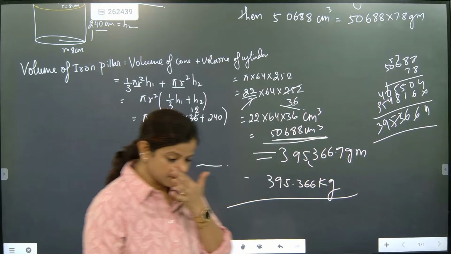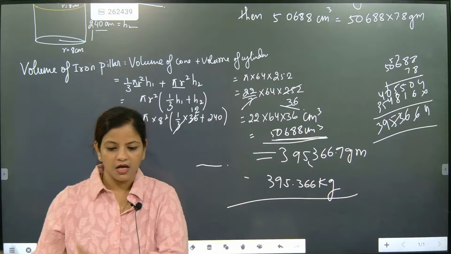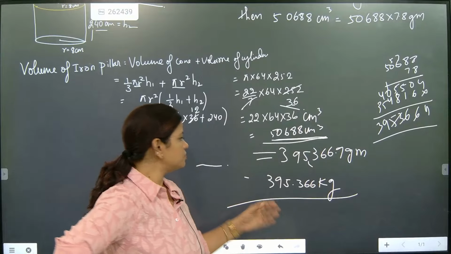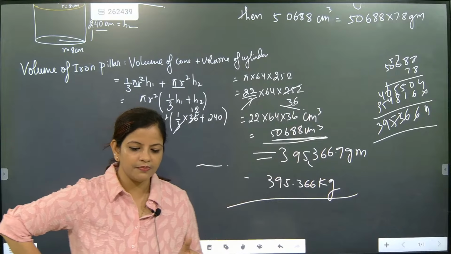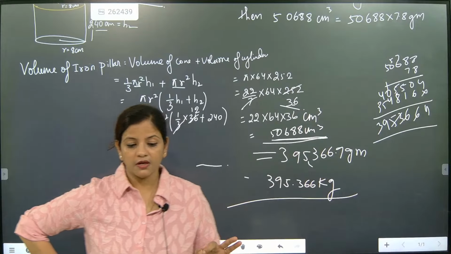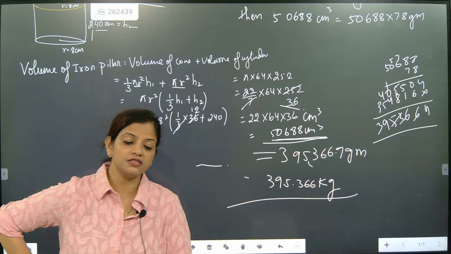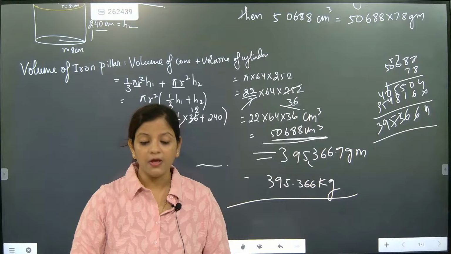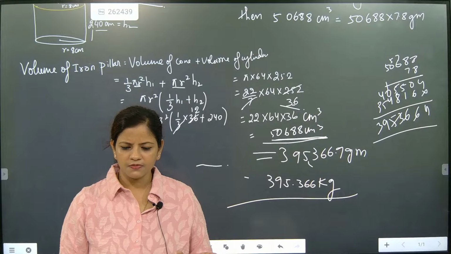That's the correct answer. See, in examination, don't find separately, because yeah, 395.4, we'll take it like that. But if you write precise values, that will be better. Understand one thing. In exams, some students are finding the volume of the cone separately and the volume of the cylinder separately. Then they are adding it up and then multiplying. Don't do like that because Khushbu,